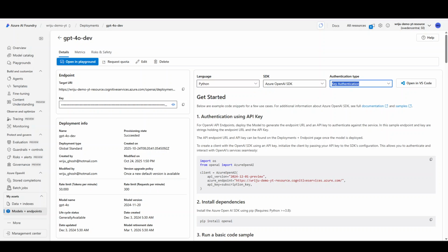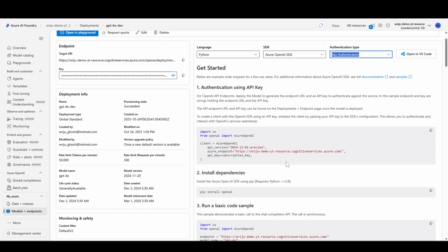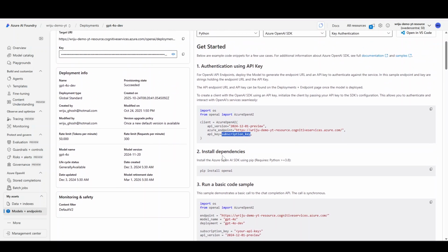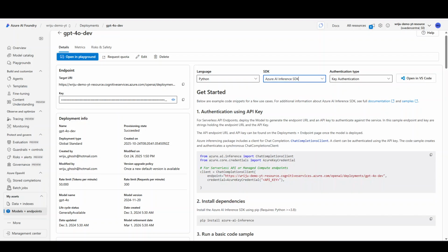Now, how do you authenticate? You can authenticate using Entra ID or key authentication, depending on that. The sample below will show how you can authenticate. Right now it is showing key authentication. So I need to provide the key as text, probably coming from an environment variable file which is loaded at the load of the application, or something like Key Vault if I'm using Azure. And the dependency is needed because it is using OpenAI. If you change the SDK version to Inference SDK, which we will see later,